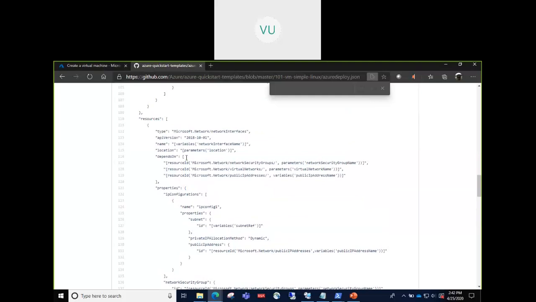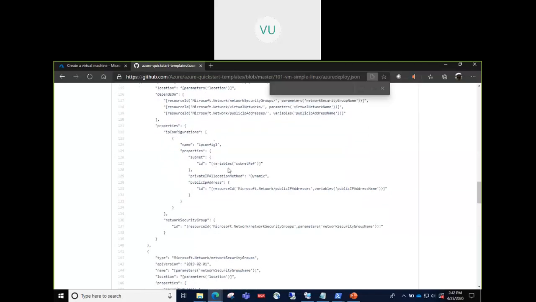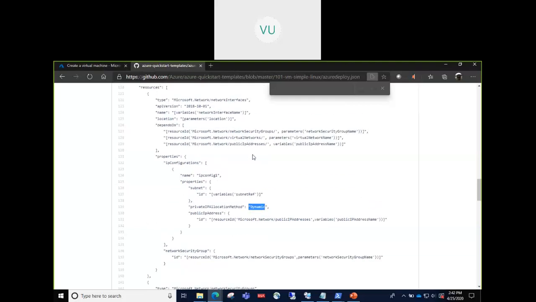Each resource has a name and location. Then there are certain configurations you need to provide, like for the network interface, you need to provide the IP configurations, whether it would be static or dynamic. For example, here it is specifying the private IP allocation method. It would be dynamic. That means the IP address assigned to your virtual machine would be dynamic, it won't be static.